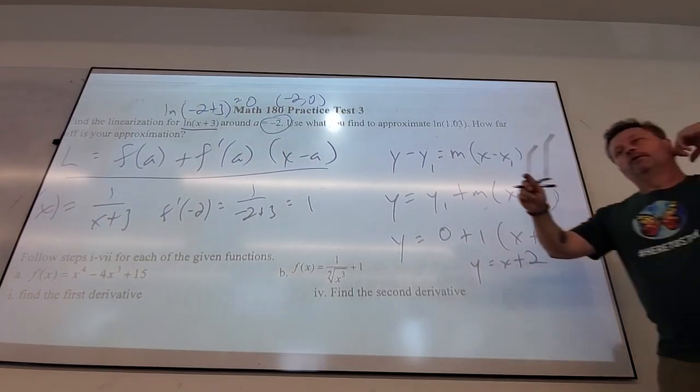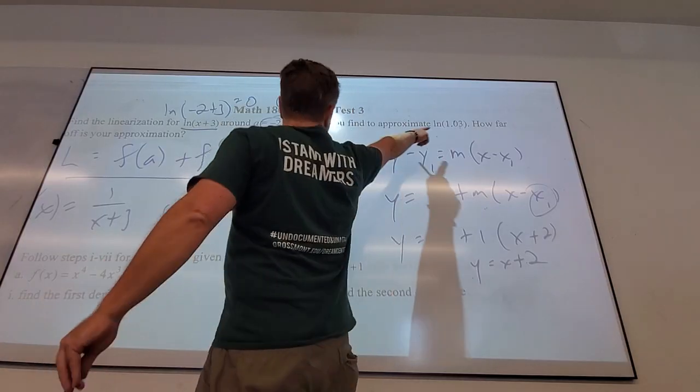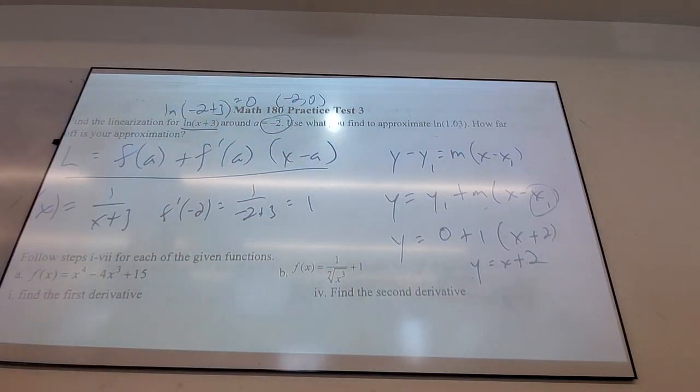But here's the trick. How do I evaluate natural log of 1.03? Do I just plug 1.03 in? Why not? Why can't I? Because what is the function we just built things around? What function did we just build y equals x plus 2? What function did we build that based on? Natural log of x plus 3. So now it says, okay, I want you to evaluate this. We have to ask ourselves what x value makes that happen. That's the x value we have to use. Again, just make x 1.03? No, my function isn't natural log of x. So it's not saying x is 1.03. So how do you figure out what x is?